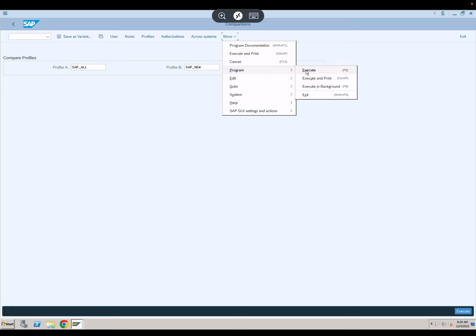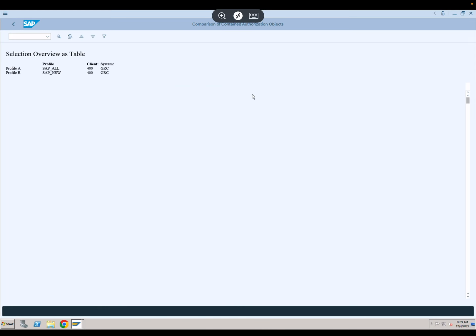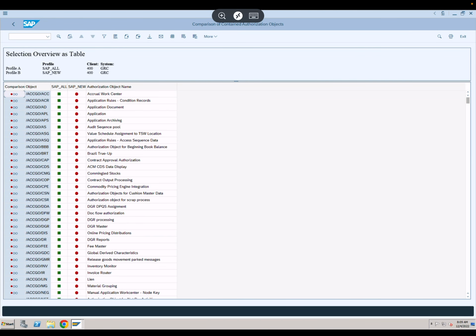I guess this is a new version for me. So yeah, I think I just did the comparison here. You can see a lot of objects. Green means this profile has these objects, and the red ones don't have it. So if I just scroll further up,